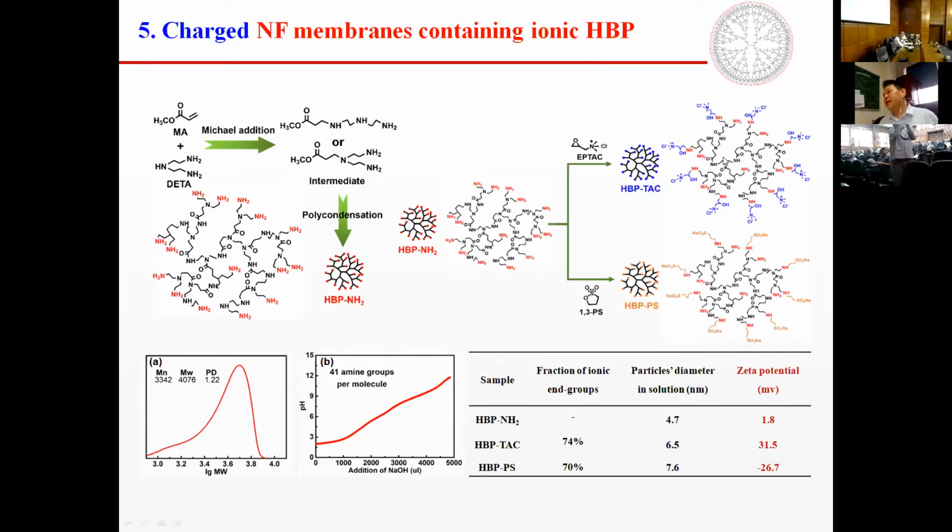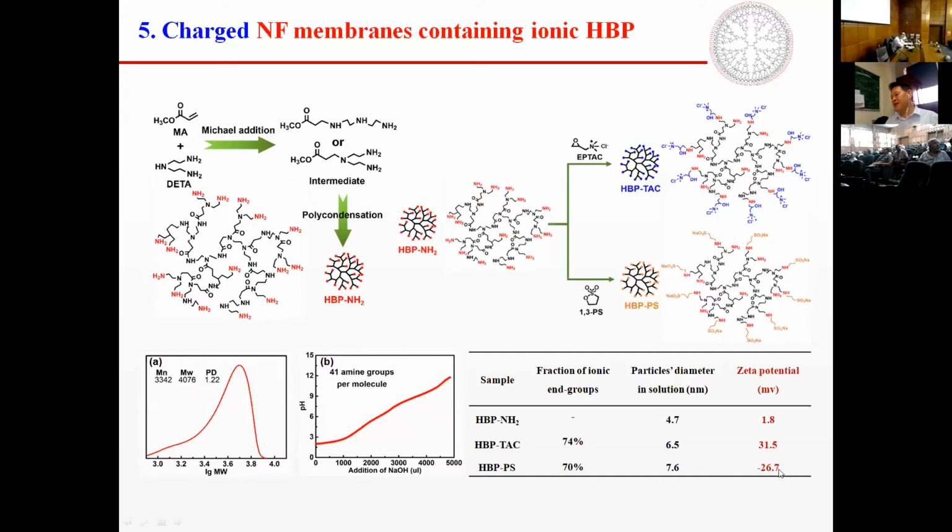Compared with the dendrimer, the hyperbranched polymer has a similar structure, but is very easy to prepare. So we use this hyperbranched polymer to replace the dendrimer to prepare different nanofiltration membranes with different charged states,